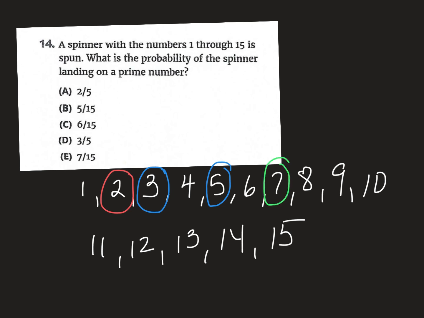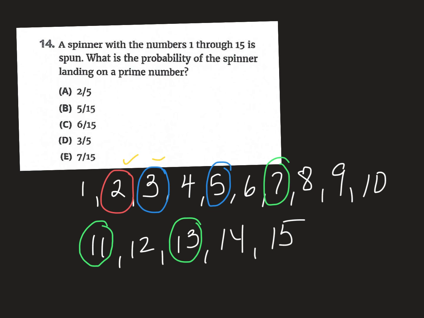7 is 7 times 1. 8, there's multiple ways to get 8, multiple ways to get 9, multiple ways to get 10. There's only one way to get 11, 11 times 1. There's only one way to get 13, 13 times 1. So there's